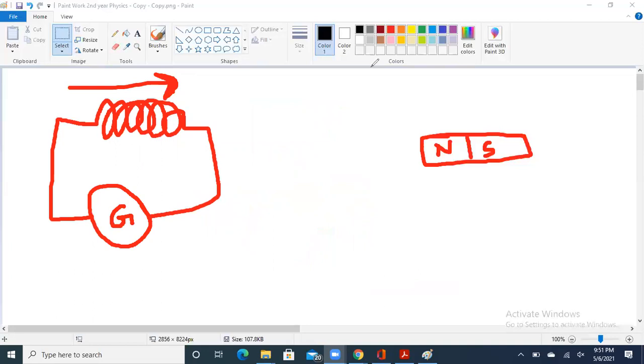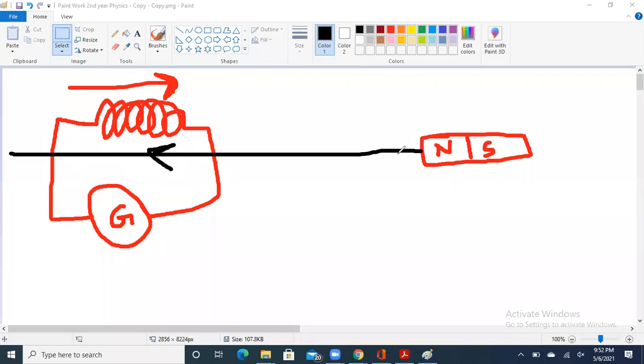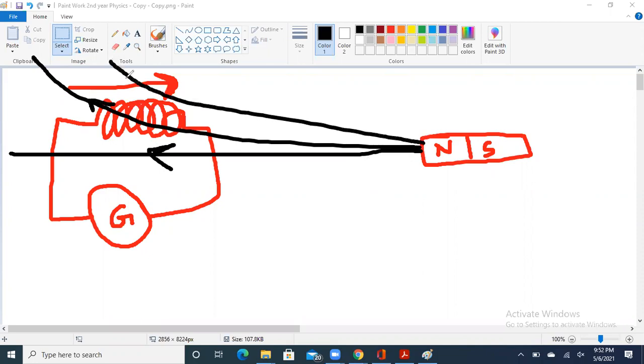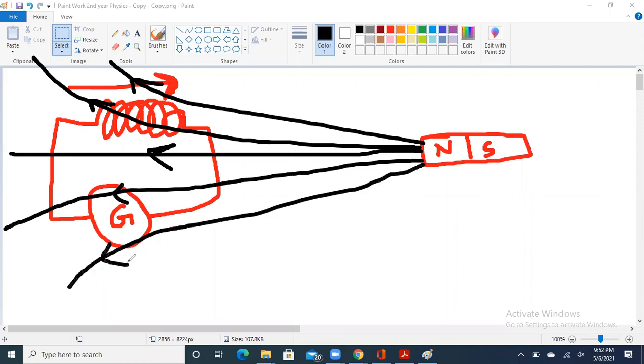Now again, they are at this distance, and we can see that they are having this situation in which there are magnetic lines of force. And now again, let's consider that only one magnetic line of force is passing through the coil. And if this is happening, then